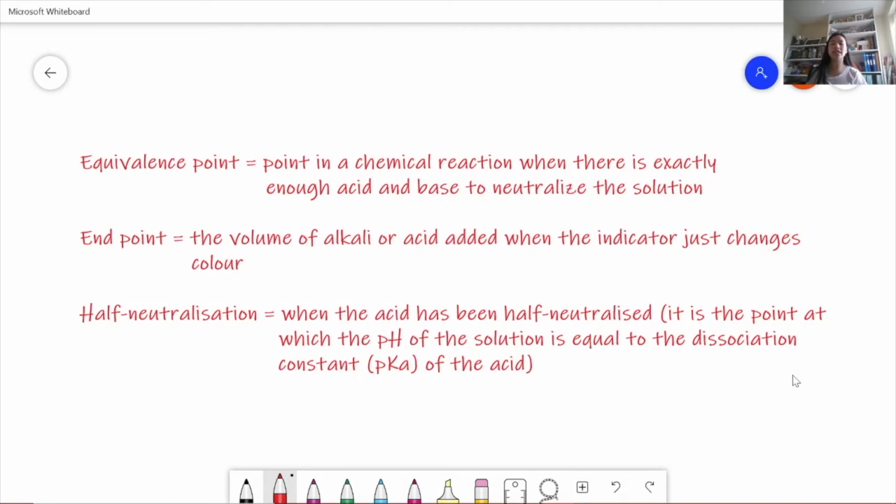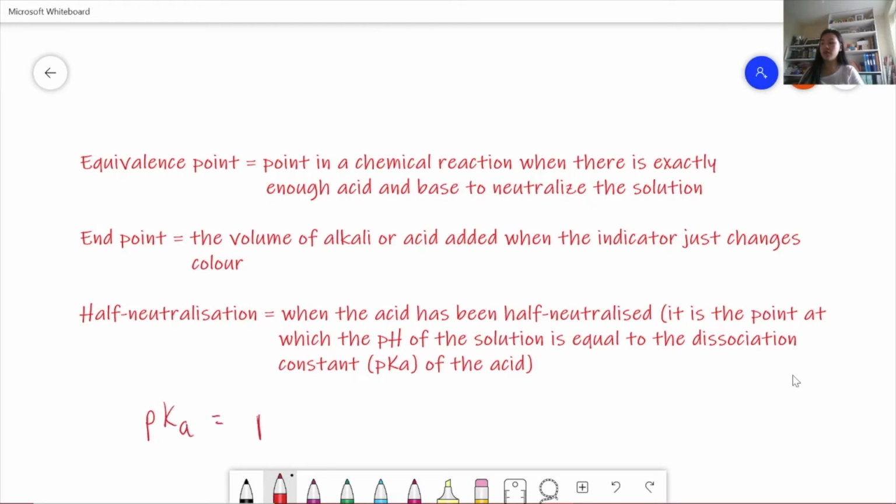The endpoint is the volume of alkali or acid added when the indicator just changes colour. And half neutralization is when the acid has been half neutralized. And so it is the point at which the pH of the solution is equal to the dissociation constant pKa of the acid. And we know this because of the formula